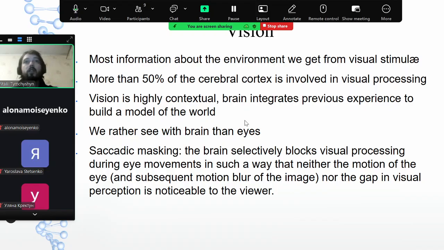What's interesting is that vision is highly contextual. It's not just getting some image on our retina. That's basically the problem of the contextualization of whatever we see. That image is structured and transformed into some sort of model of the world. I will show you an example of that on the next slide, and I hope you will like it. So just wait a moment for it. That should be nice.